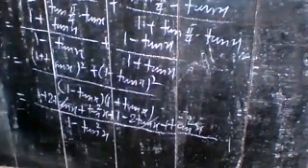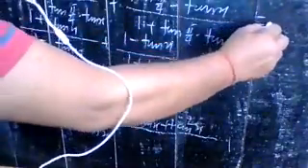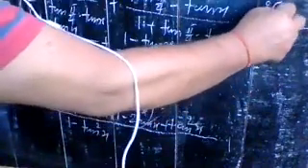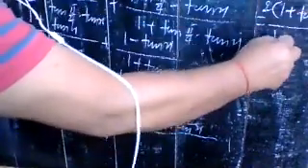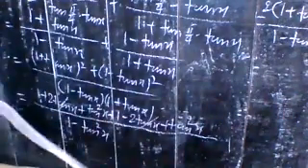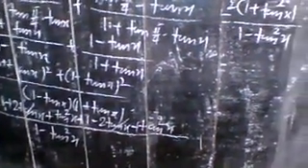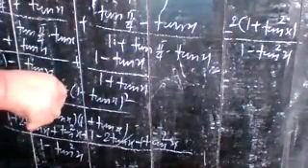And you have, yes, taking 2 common in numerator. So if you are taking 2 common from numerator, you have 2 into 1 plus tan square x divided by 1 minus tan square x. Just check it. If you are taking 2 common from numerator, you have 1 plus tan square x upon 1 minus tan square x.